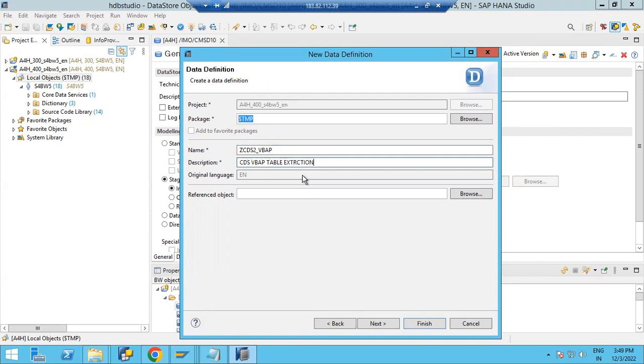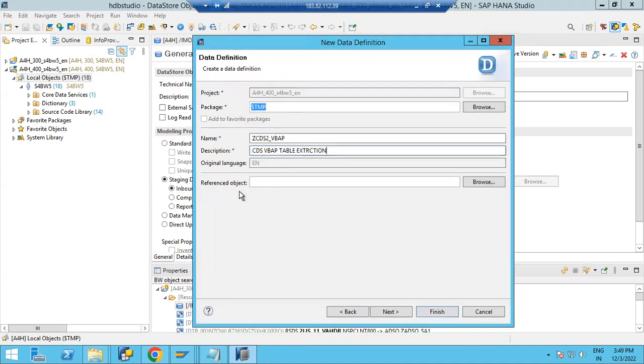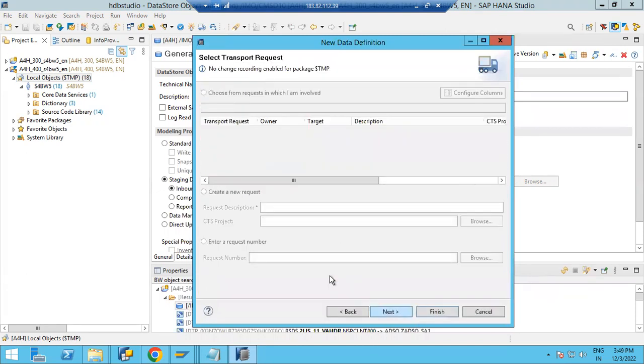You can put it any name. I'm giving some name like this, CDS ABAP table extractions. Now if you have any reference objects you can take it, otherwise you can skip that. So now you can click next. Now if you give the packages, automatically the system will create